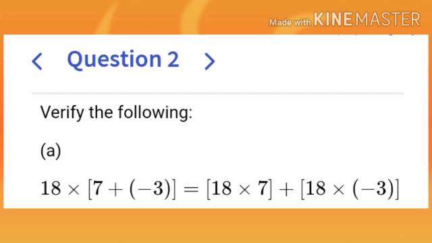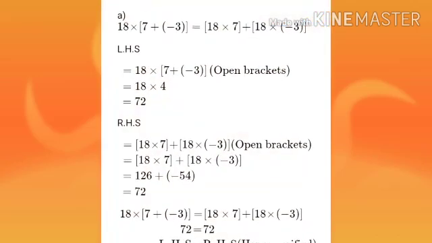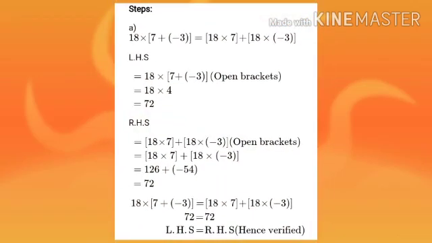How can we find the solution? Let's come. Here is the solution for subdivision A. First question, 18 into 7 plus of minus 3, which is equal to 18 into 7 plus 18 into minus 3. So here two cases are there. LHS means left hand side, RHS means right hand side. First we can take LHS. In LHS, which is equal to 18 into 7 plus of minus 3. First we can